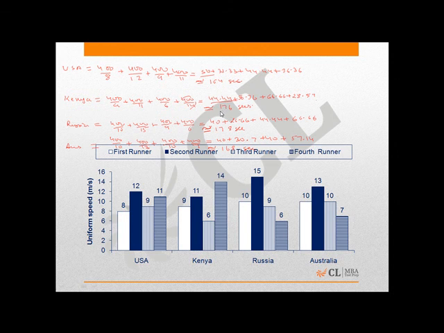That means the second runner from Kenya was approximately ahead of the second runner of USA. Now let's see how much ahead it was. The second runner of Kenya had an extra time of